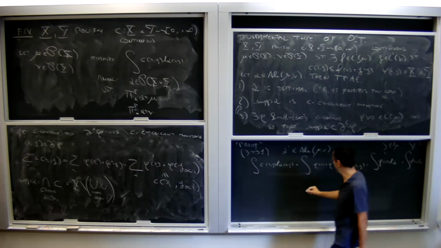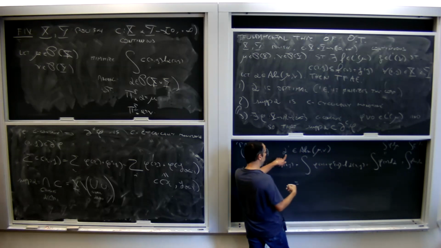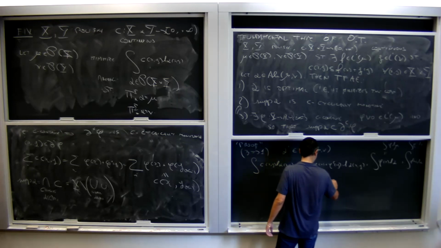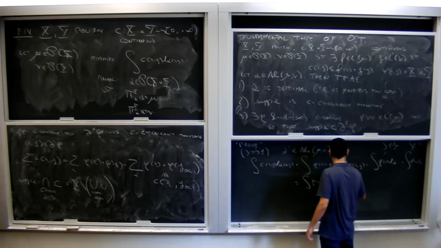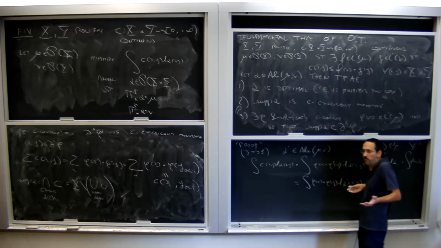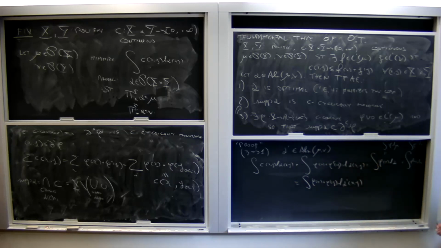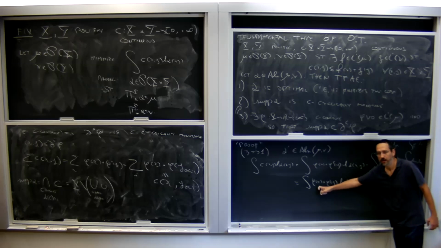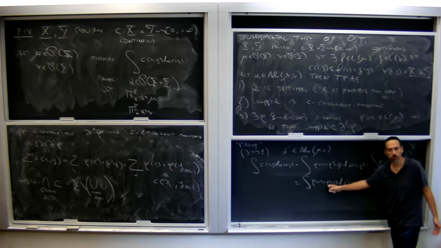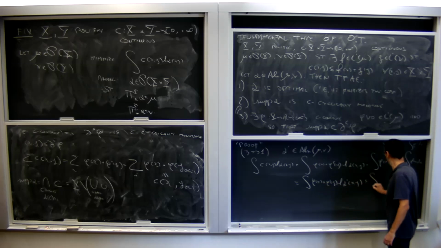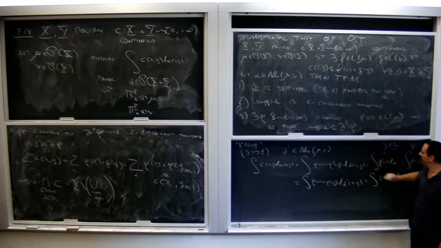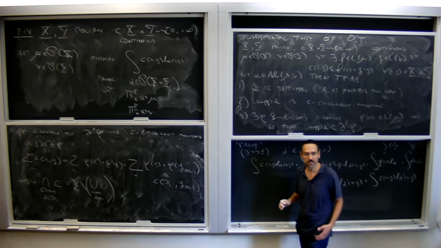Right. Now you call into play alpha prime. This is equal to the integral of phi of x plus phi c of y, d alpha prime of xy. But now, for any x and y, this sum is less than or equal to the cost of going from x to y. So this is less than or equal to the integral of c of xy, d alpha prime. Okay, so up to this technicality, that's the easy implication.